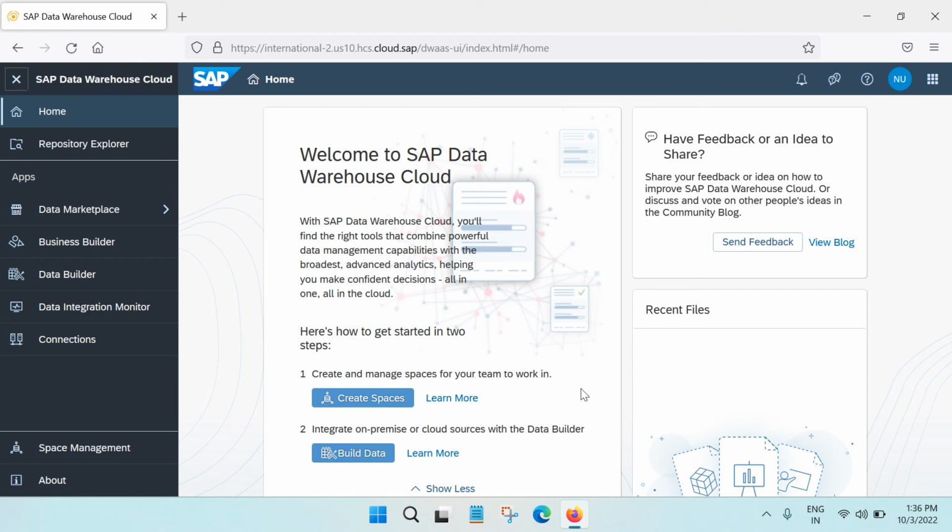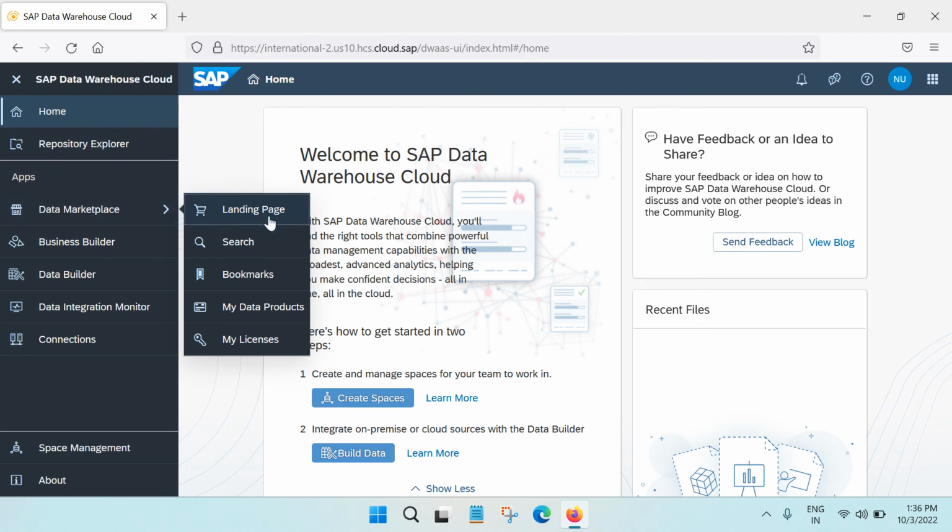Today we will discuss SAP Data Warehouse Cloud. In SAP Data Warehouse Cloud, after logging in, you can see the home page like this. If you look at the navigation window on the left-hand side, we can see multiple options like Home, Repository, Explorer, and a Data Marketplace. Here you can see landing page, search, bookmarks, My Data Products, licenses, and Data Business Builder,